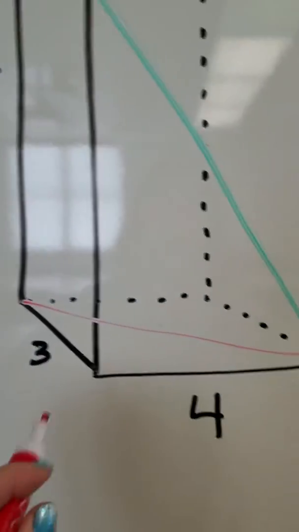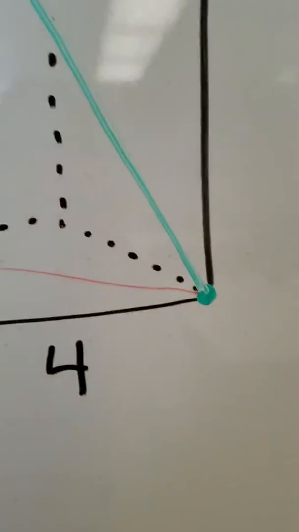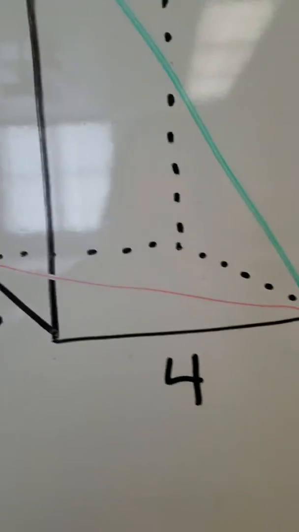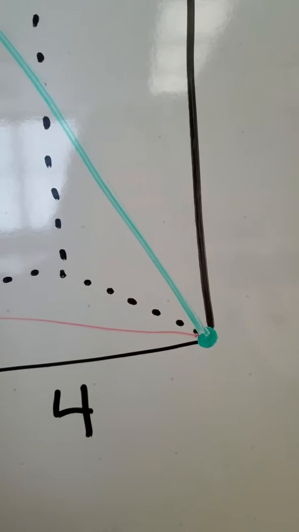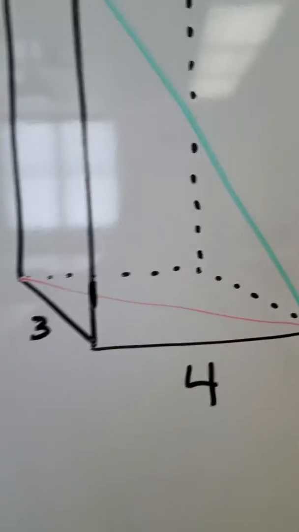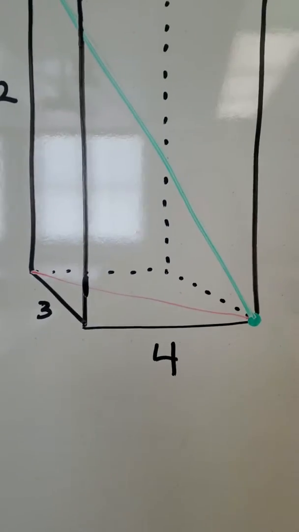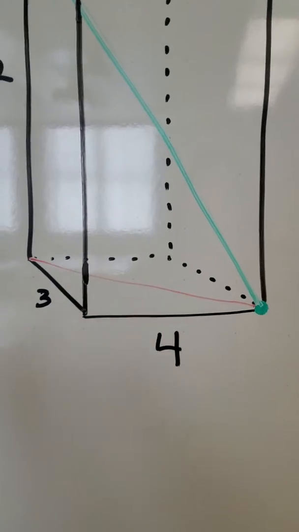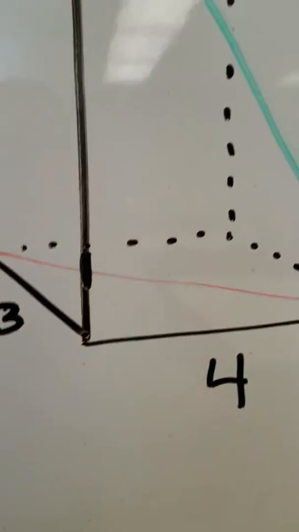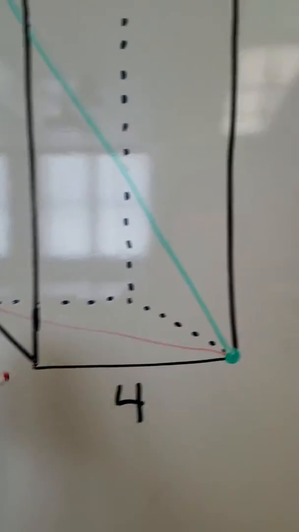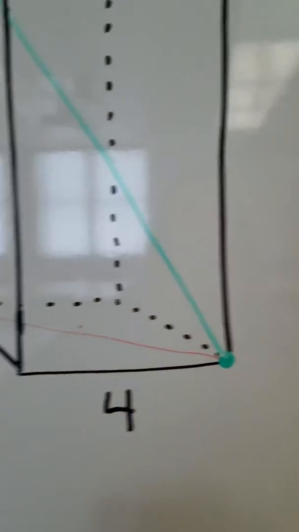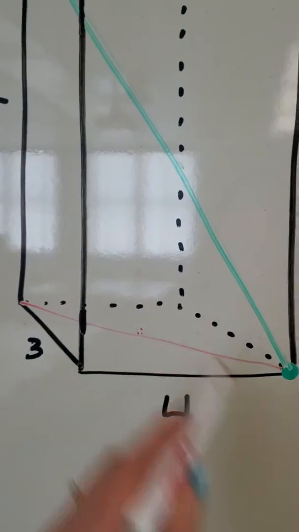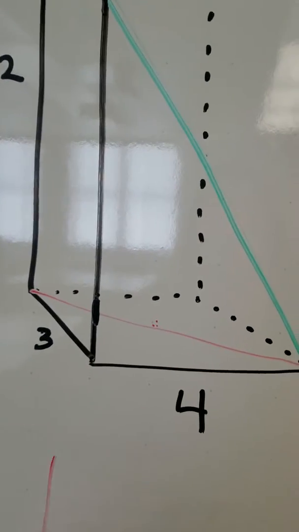Okay, now if I look at this triangle, and actually it would be behind this line here. Okay, so the triangle would be made up of the coming forward 3, going across 4, and then going diagonally across the floor of the closet. Okay, so this is the first thing that we want to find right here, is this measure of this red line. So if I think about pulling that out,